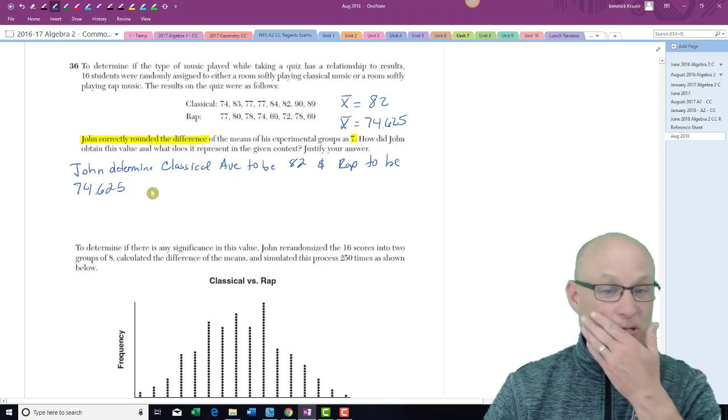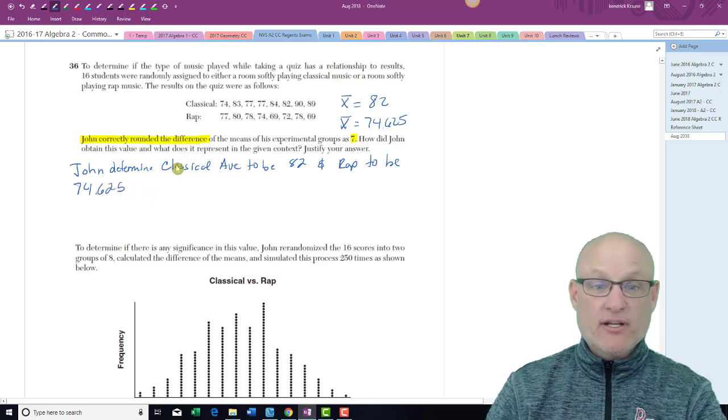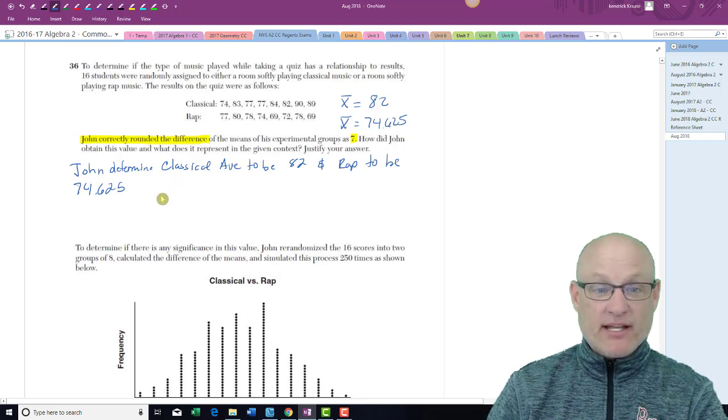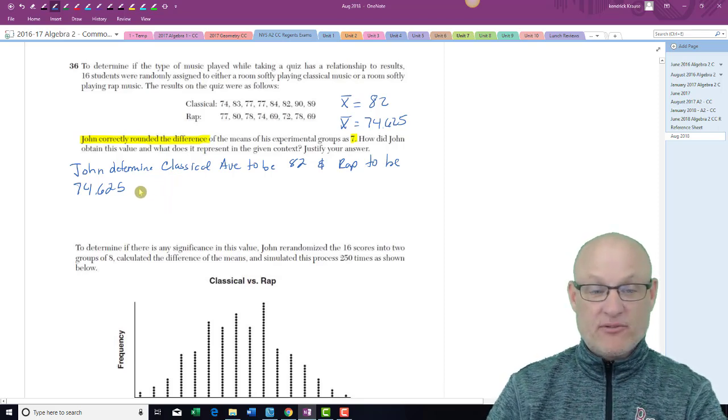Now, I don't know exactly what they wanted for correctly rounded. How did John attain these values? By adding the scores